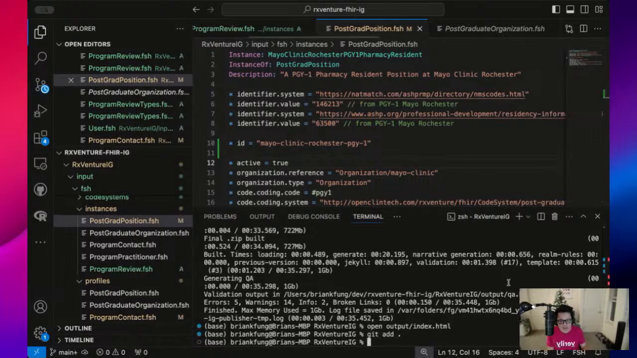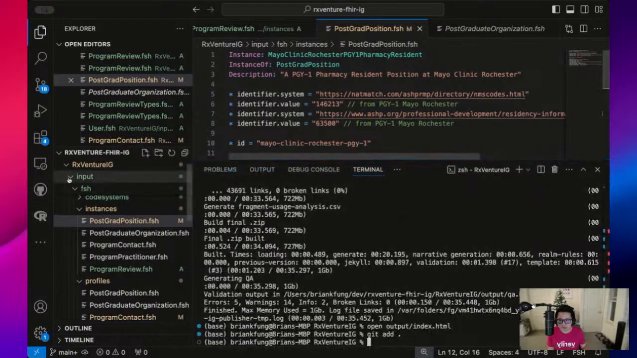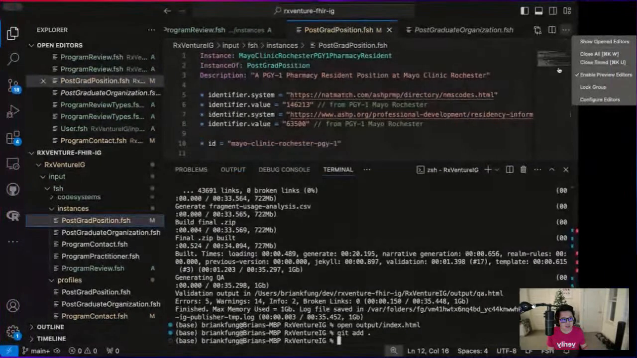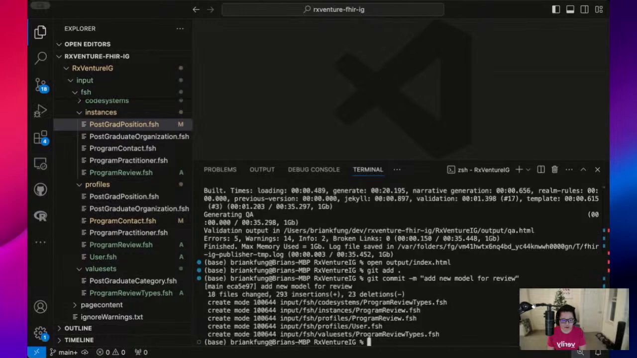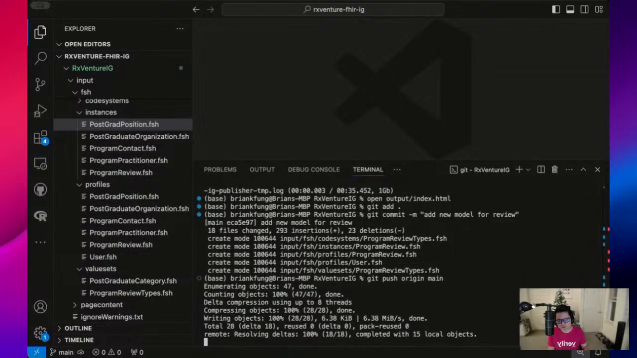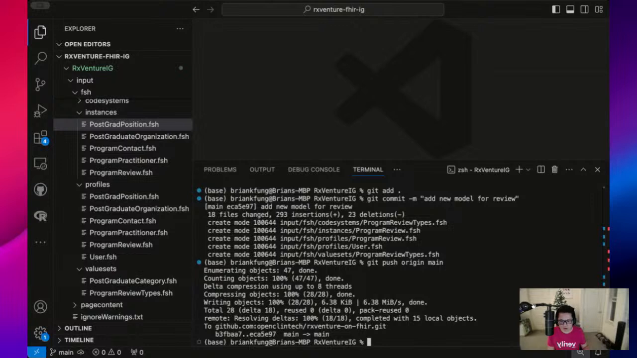So I need to, let's get this added. Let me close all my editors. Git commit -m. I feel like my Git repository is not initiated on this. Git commit -m, add new model for review. Oh, nice. Maybe it is git push origin main. Okay, I don't see any errors. That looks good. So now, if I go back to